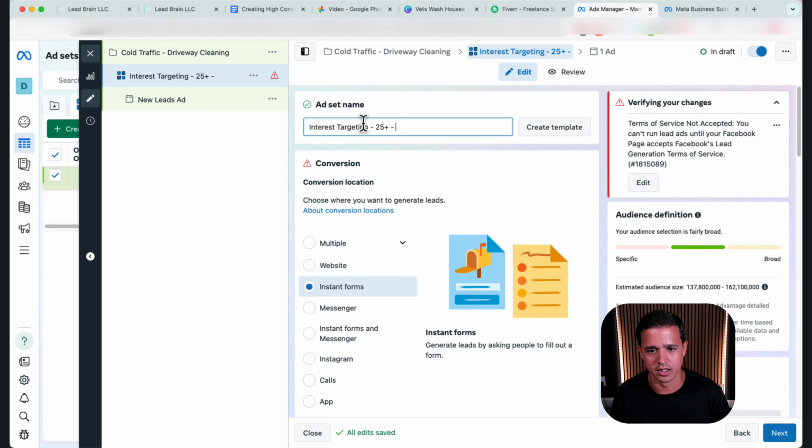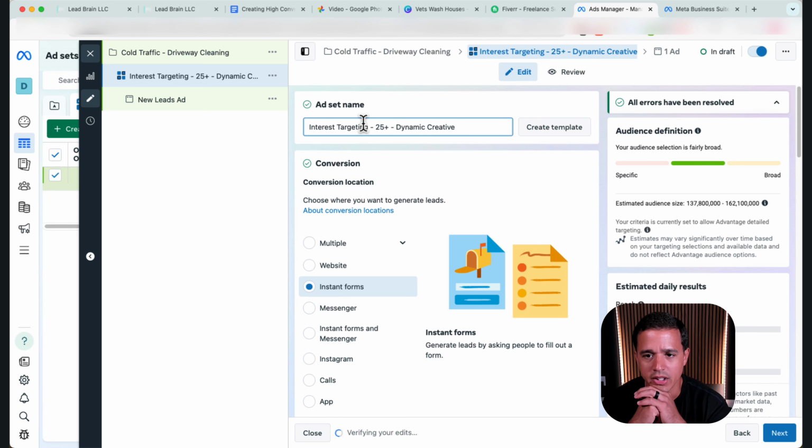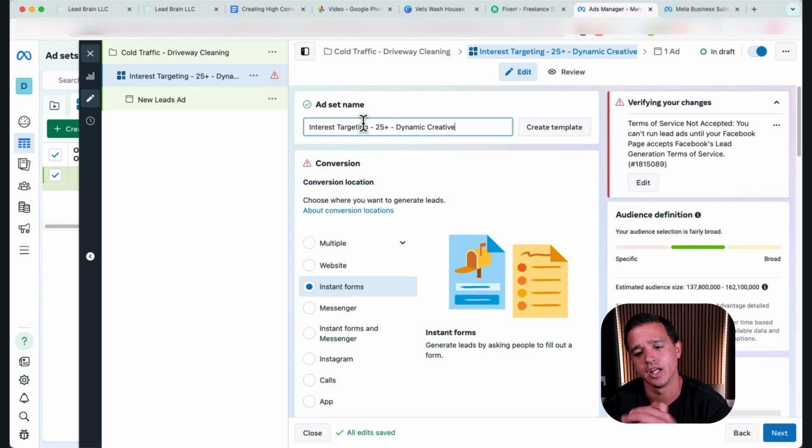And we are going to say dynamic creative. Now, I'm going to show you how to use a setting here called dynamic creative, which means that we're going to throw a whole bunch of video, like a combination of videos and pictures that I just showed you, and we're going to let Facebook choose which one to use. I like starting that way, and then I'll pick a winner later on, and then I'll duplicate the ad set or create a new ad set where I'm just running the ad that won, right? So it's not necessarily a test, but it's kind of a test because it's letting Facebook use its algorithm to present the right thing in front of the right people.